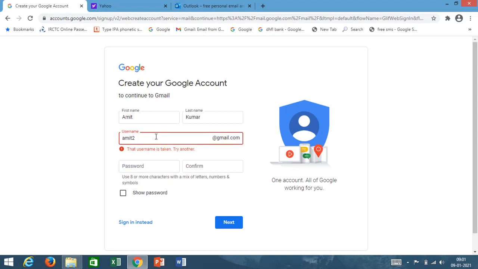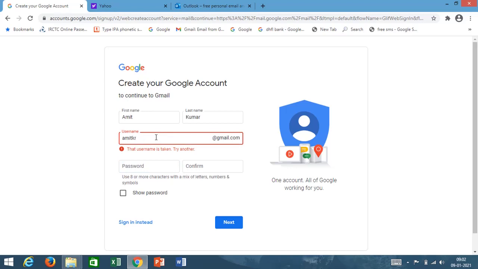So what I will do, I will change it to Amit Kumar 2021. Now let me see what it says. This also is taken by someone, might have created. Let us say I will write 2021 Amit KR 2021. Let me see. Now this is also taken by someone.